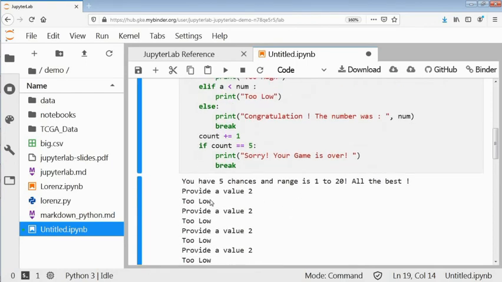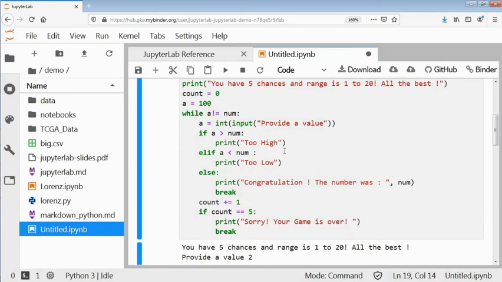After a value is provided, this will check whether a is greater than the number. If a is greater, it will print too high. If a is less, it will print too low. And if a is equal to the number, it will print congratulations, the number was this, and break from the loop.